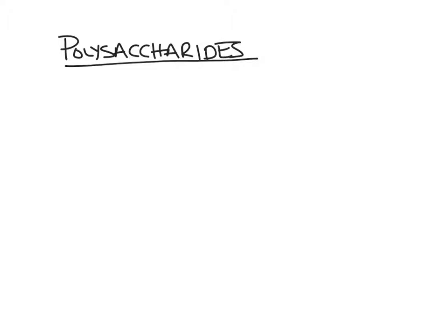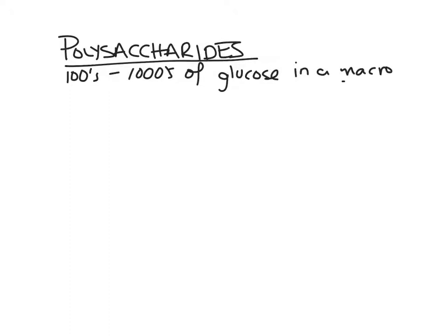We usually just deal with glucose here, and we're talking hundreds to thousands of glucose molecules in a macromolecule. Okay, so we're talking a very large, huge polymer here, okay? And your alpha-based polysaccharides are your glucose, or sorry, pardon me, that's my brain,